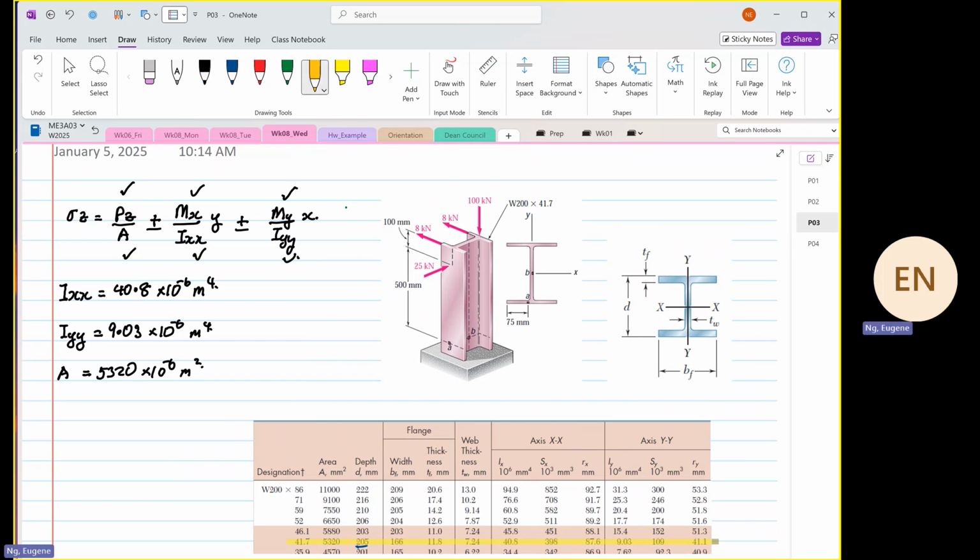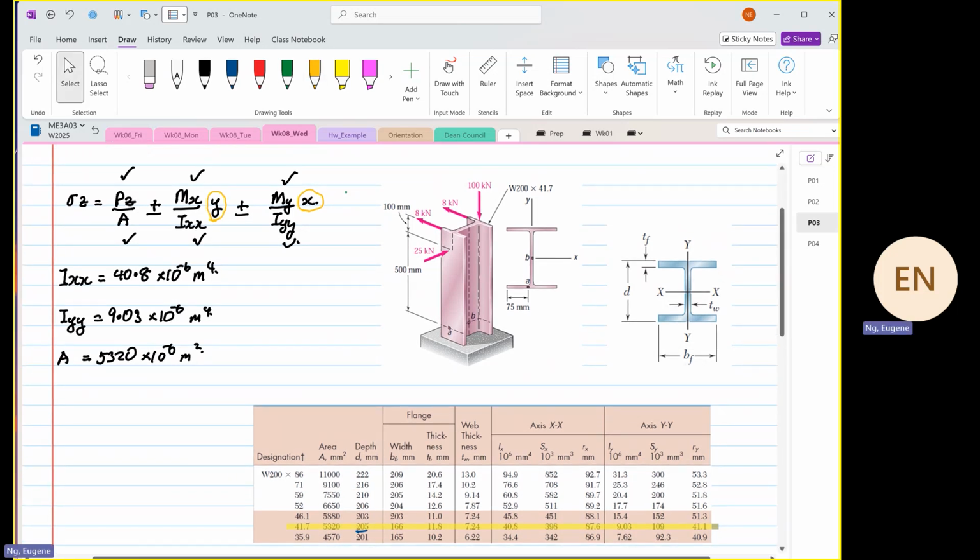The next part where a lot of students make mistakes are this distance. You have to be really, really careful regarding the magnitude of this distance. Okay. Now, if we look, let's focus on element A. Okay, let's focus on element A. Okay, so element A,